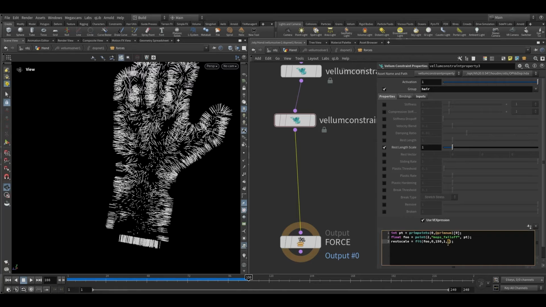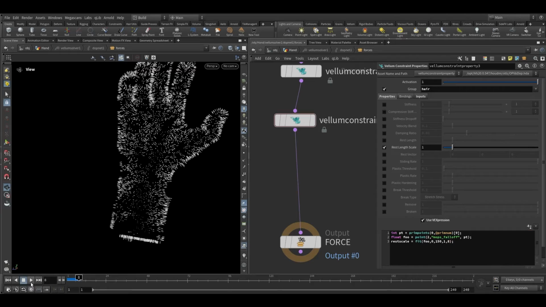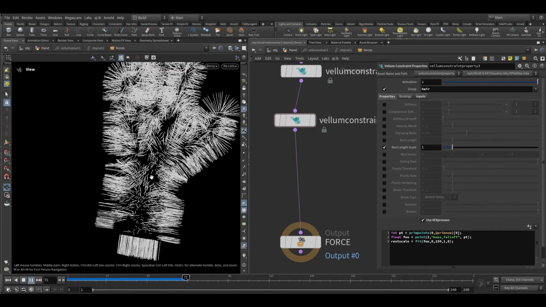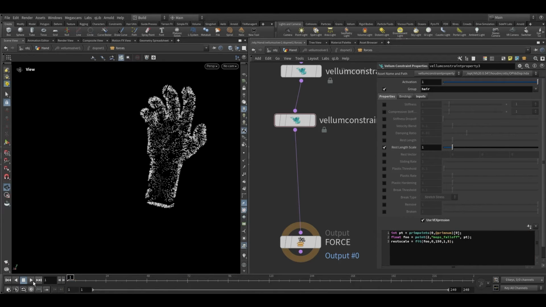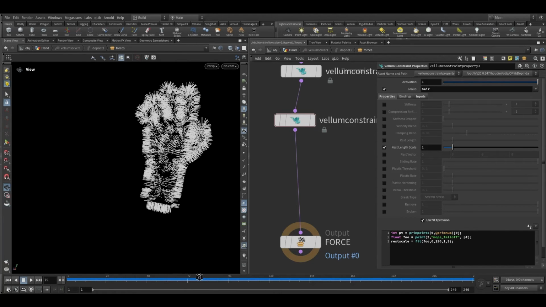We can also increase it a little more, like 8. 8 is too big. Let's keep it around 5 only. Now the problem is, you can see the